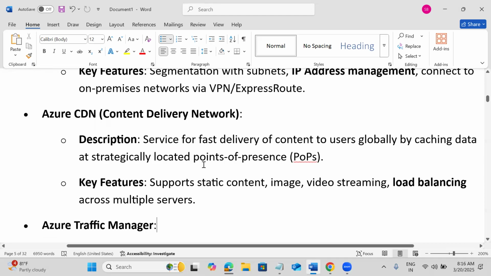Then already yesterday we discussed CDN, right? Content Delivery Network. So with the CDN, Azure is going to provide huge edge locations. In most of the metropolitan cities we will have edge locations. Once we upload the data to the main server, we need to specify the origin, and that would be copied to all the edge locations. And from those edge locations, the data is going to be rendered to the user. What is the advantage to the user? Streaming is better compared to the origin, and it also reduces WAN traffic.